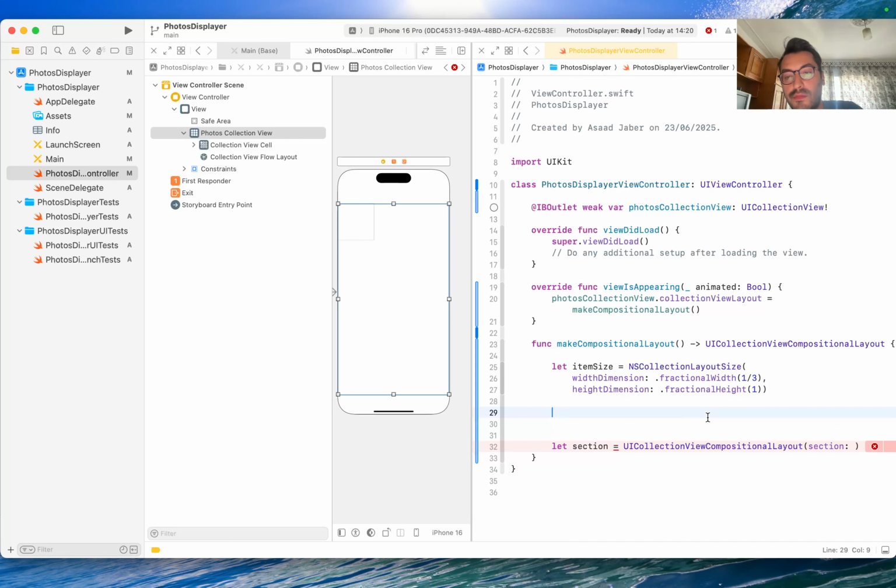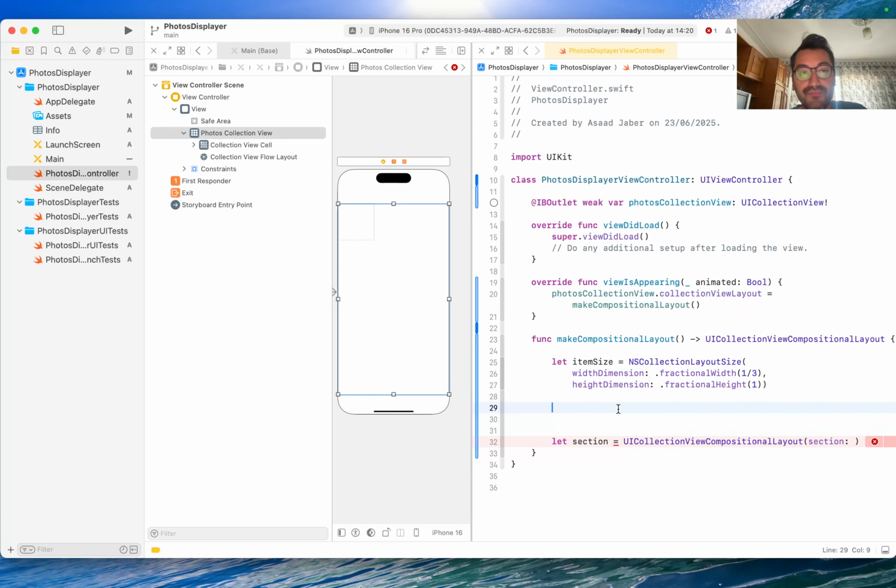And so if I want the height dimension, so the height of the size, to equal the width, let's say I want to have a square shape, I would probably set this to something like